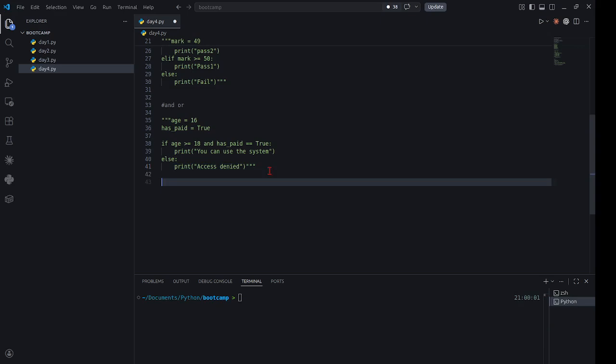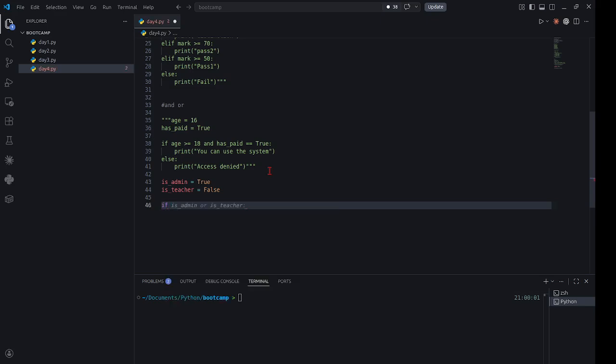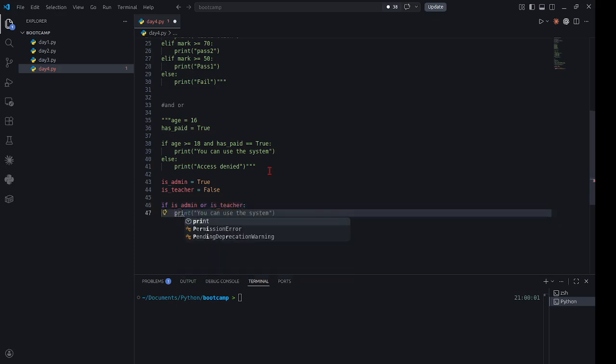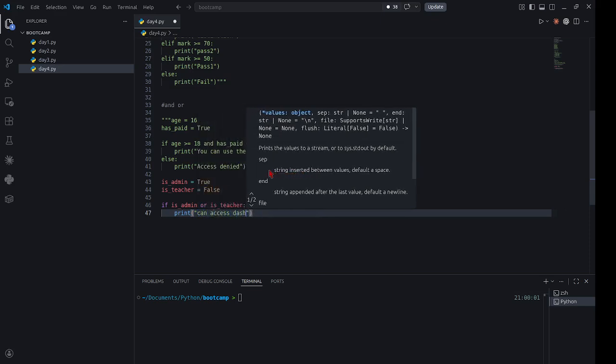Then the last one, which is or. So I'm going to have two variables. is_admin equals, let's say, true. is_teacher equals false. If is_admin or is_teacher